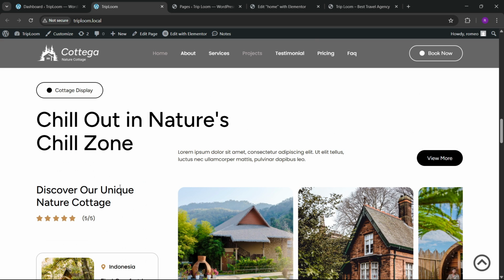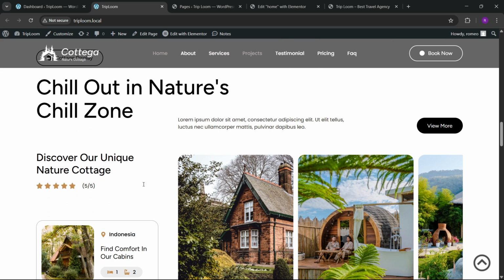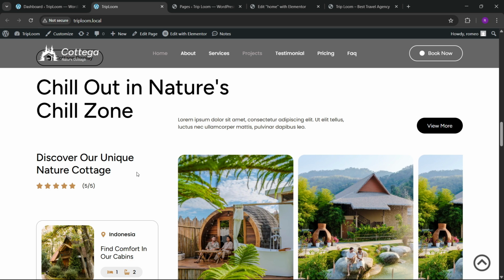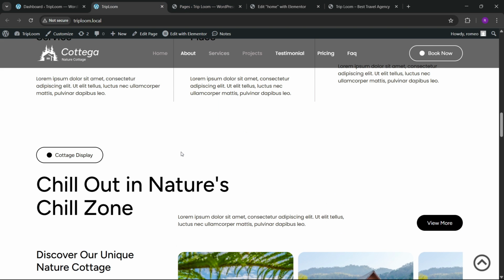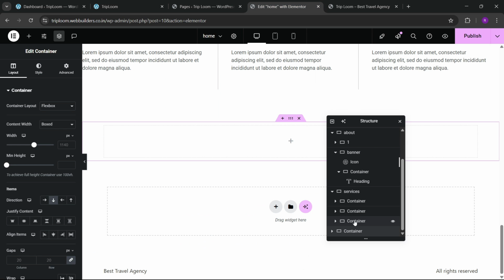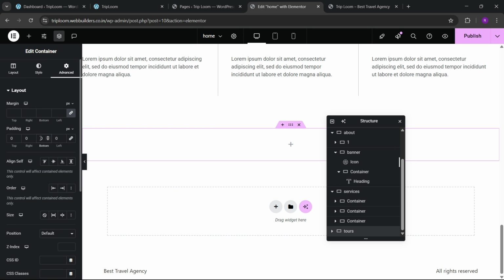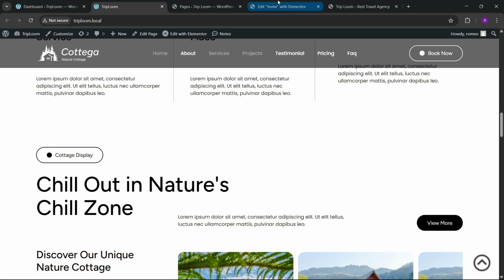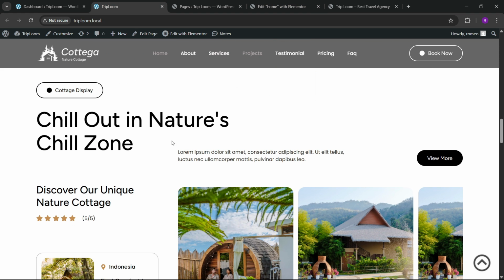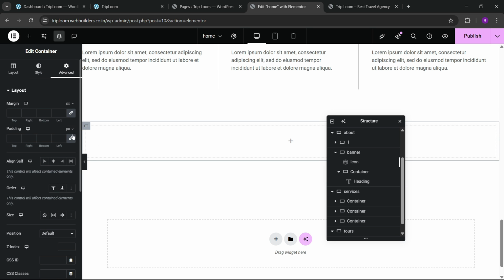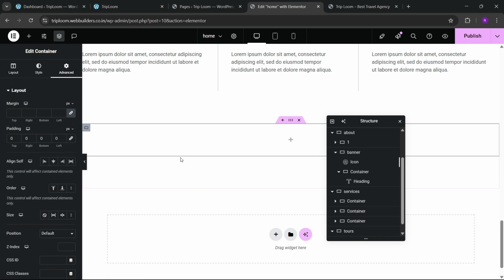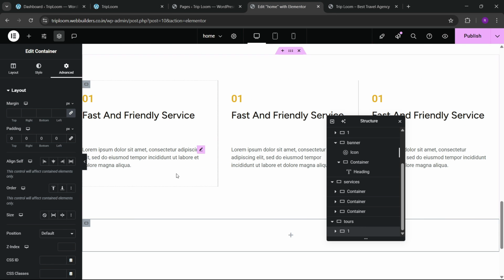So for making this, okay, so for making this we have to just go here and add a new container, and here we can write our tours. Let's name this container tour, and here we can add 1300 max width in advanced. We can put 100 below, and here you can see that we have this one container at the top, so we can add this container at the top like this, and here we can name this one,